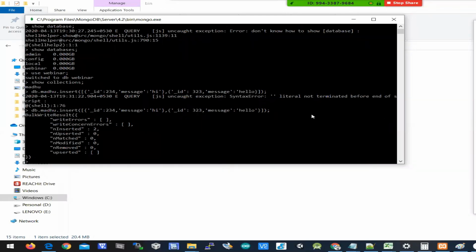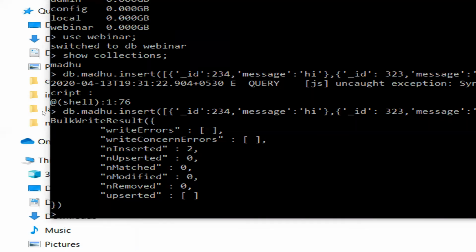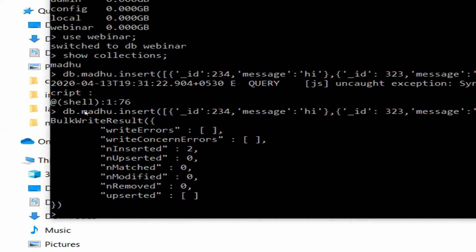So this is a bulk insert. Someone asked me how to insert multiple documents. Simple. db.collectionname.insert, square bracket open, and the set of documents. Then you'll get a bulk write result. The bulk write result shows I inserted 2.